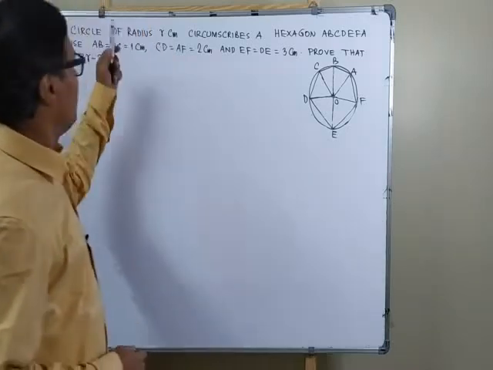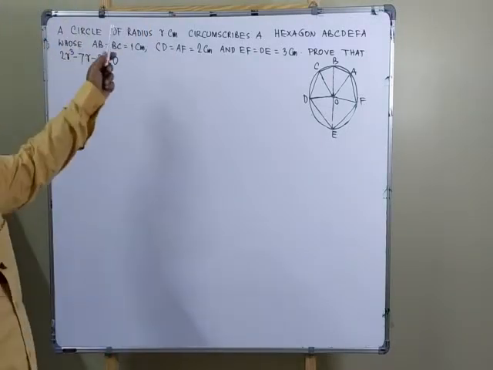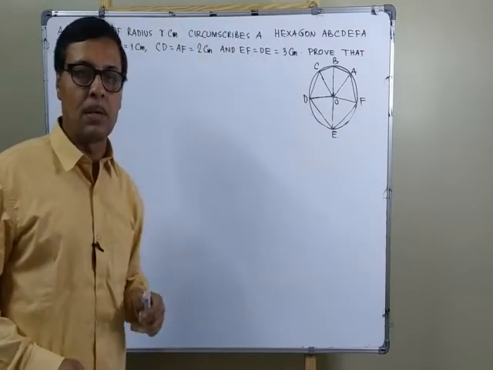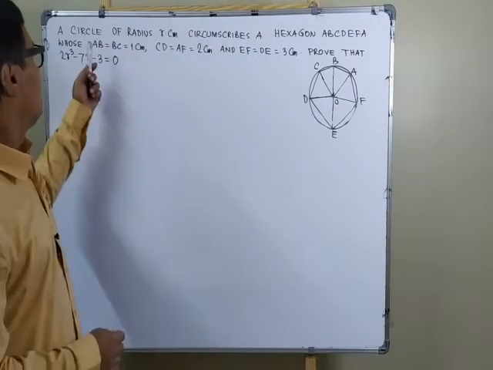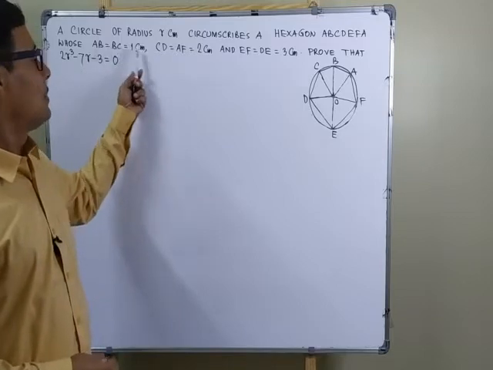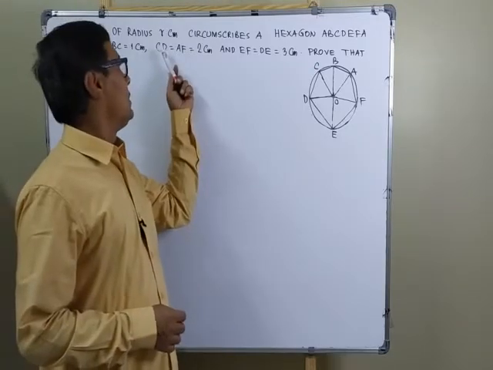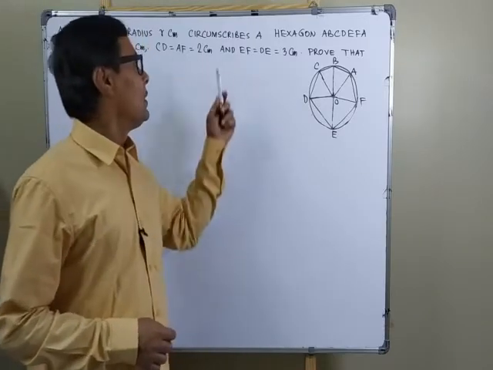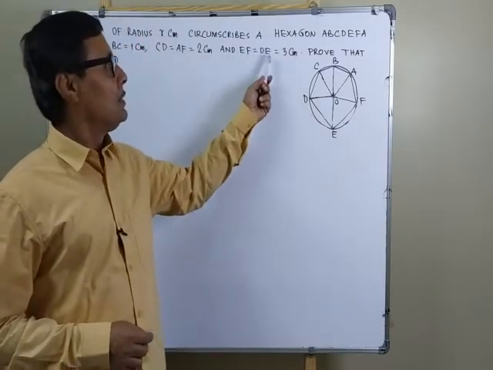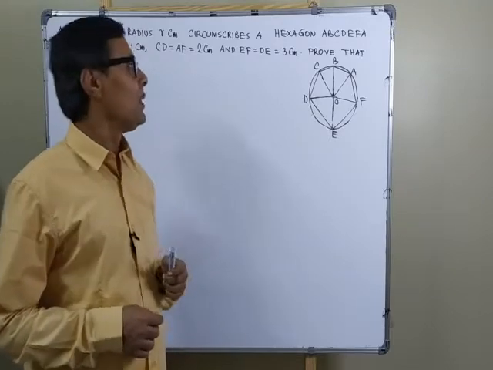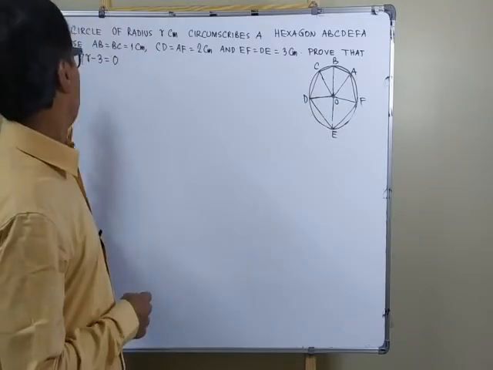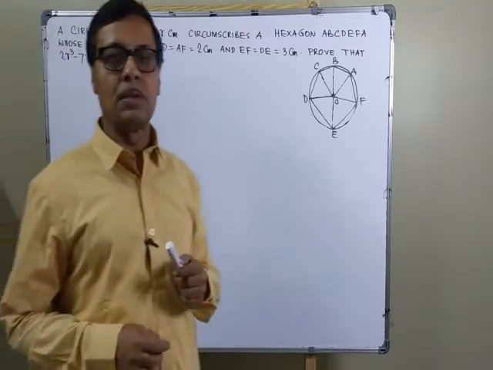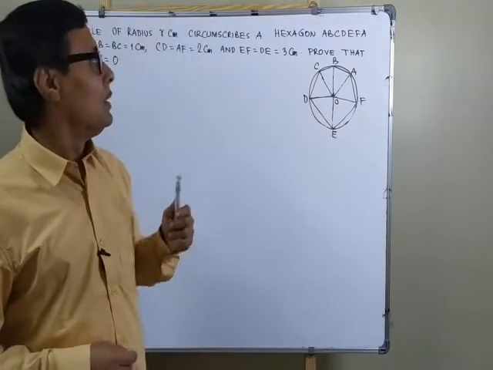Going to solve a nice geometric problem. A circle of radius r semicircumscribes a hexagon ABCDEFA whose AB is equal to BC is equal to 1 centimeter, CD is equal to AF is equal to 2 centimeter and EF is equal to DA equal to 3 centimeter. We have to prove that this cubic equation 2r cube minus 7r minus 3 equal to 0,